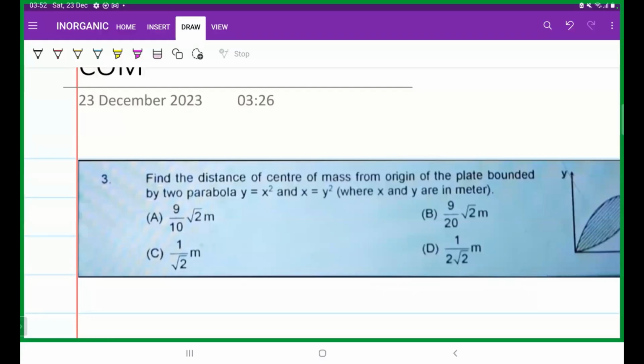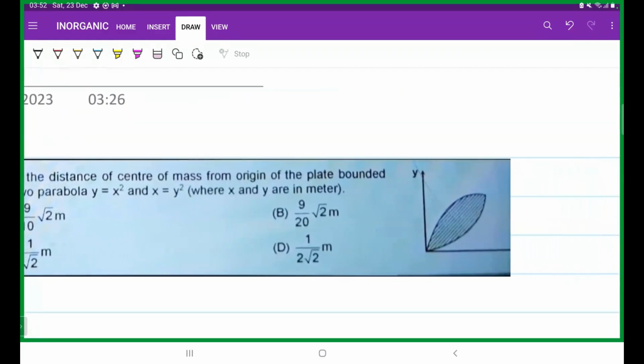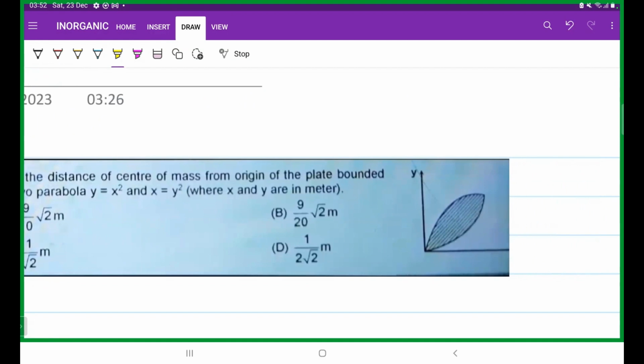Hello everyone. So we have an excellent question from the chapter of center of mass. This question will help you revise a lot of concepts from this chapter. Not just revise, I'm very hopeful that it will also help you learn many topics from this particular chapter. Okay. So what we have been asked is to find the area of the curve,